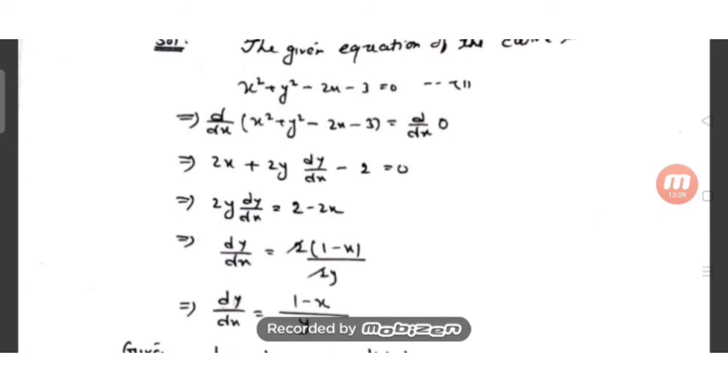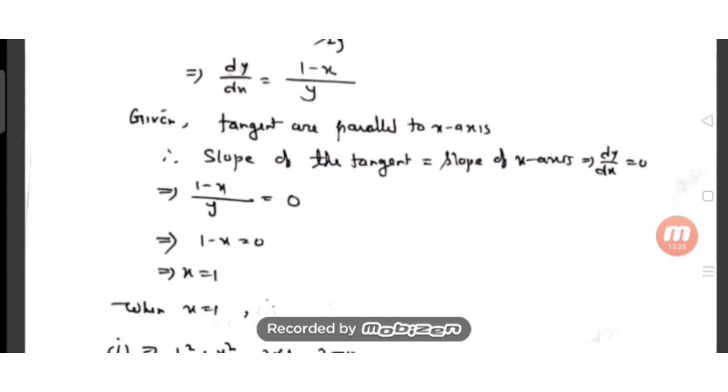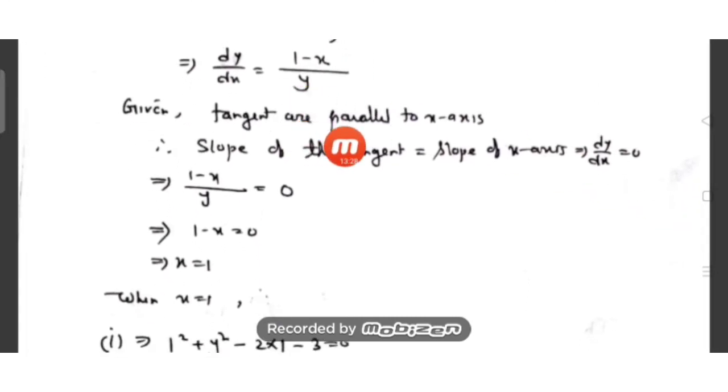Okay. Then our aim is to get dy/dx, so keeping dy/dx on this side, other terms to the right side, this is 2 − 2x. So dy/dx value is equal to what? 2 I can take common, 1 − x, and this one in the denominator. Then 2 cancels out, so we have got the value of dy/dx equal to (1 − x)/y.